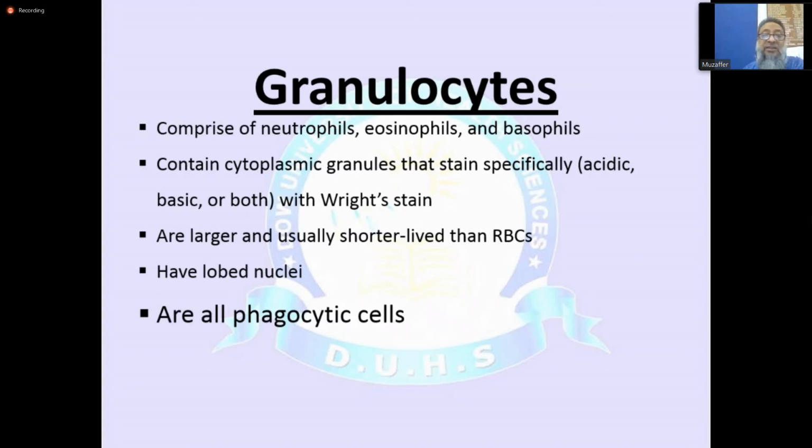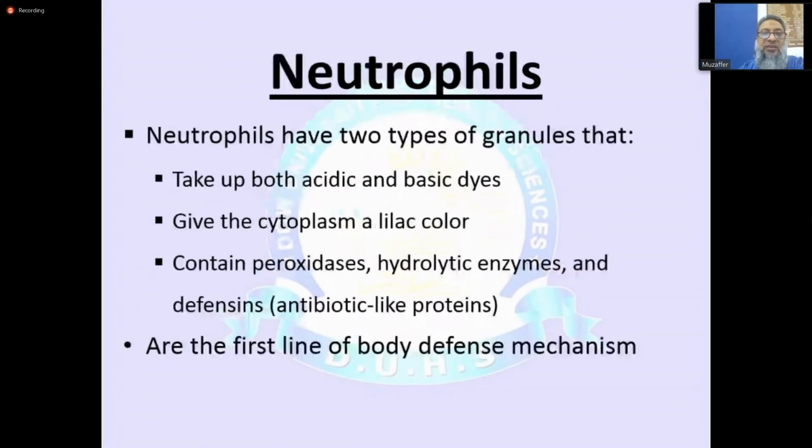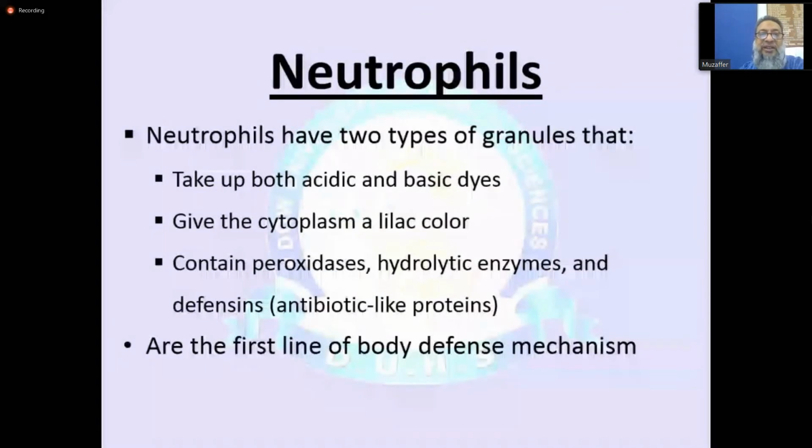And one thing is, all are phagocytic cells. Phagocytosis to engulf the microorganisms. Neutrophils have two types of granules that take up both acidic and basic dyes, and they give the cytoplasm a lilac color. In between, neither is it clearly red, nor is it blue. They contain peroxidase, hydrolytic enzymes, and very specific